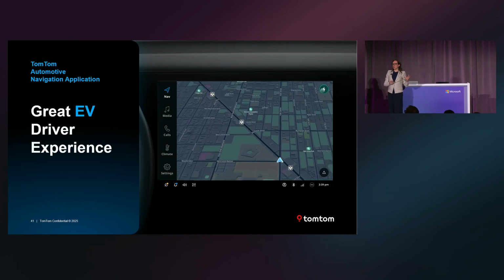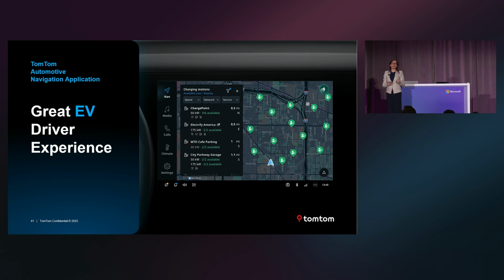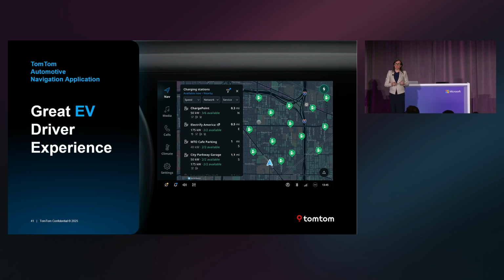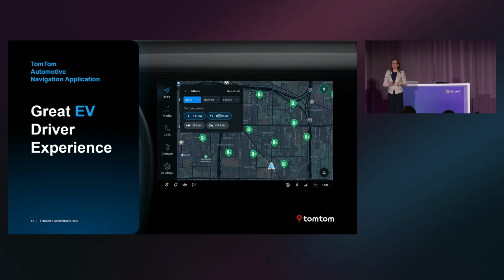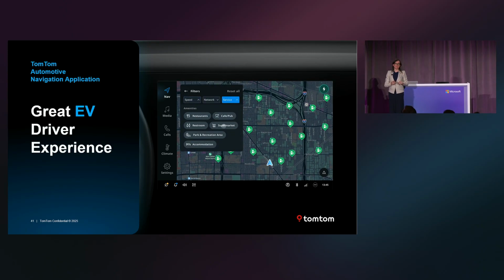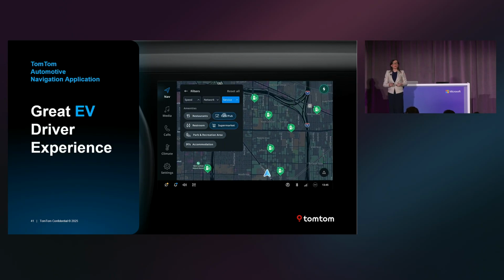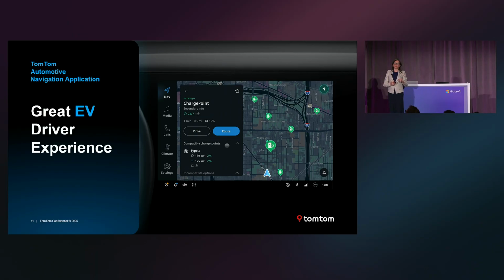Now, looking at the great driver experience, as an EV driver, you want to know where the available charging stations are. And that's why we've developed a charging finder. It's a persistent button available at any time in the experience for the driver to tap and easily see where the charging stations near them are. They will get all of the relevant metadata, charger type, charging speed. They also see what amenities are there. Is there a cafe? Is there a restaurant? And soon coming, we'll also offer charging prices. We have over 2 million charging stations in our database globally and growing.